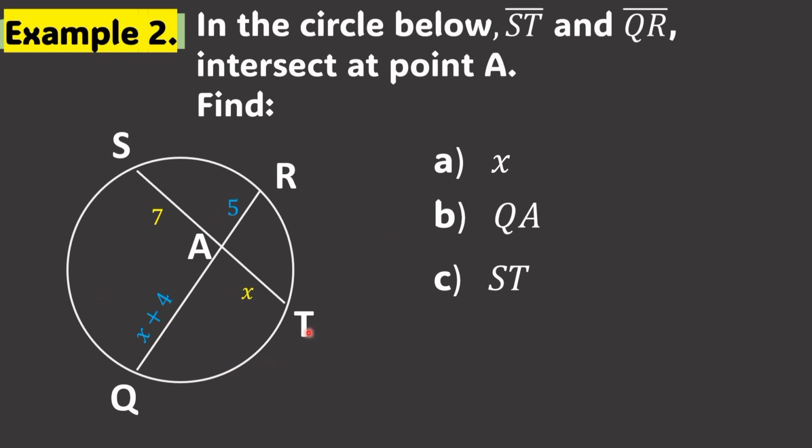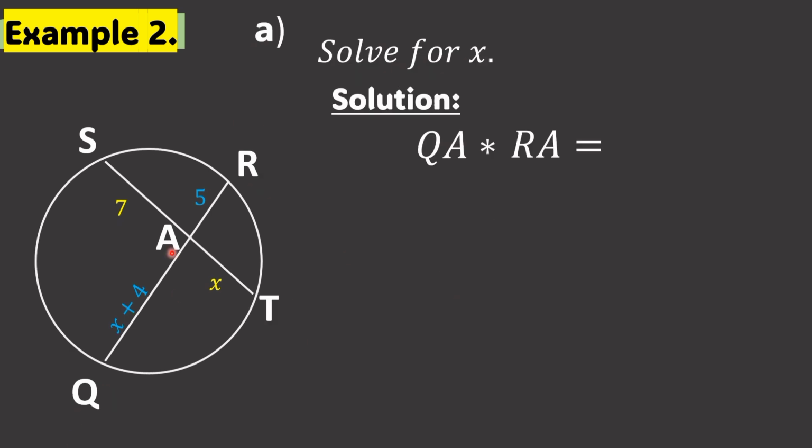In the circle below, segment ST and segment QR intersect at point A. Apply the chords segments power theorem in this problem. First, solve for X. The length of QA times the length of AR is equal to the length of SA times the length of AT or TA. Substitute the given values. QA is X plus 4, quantity 5